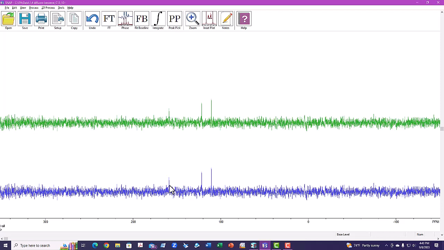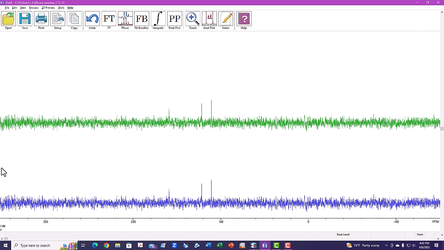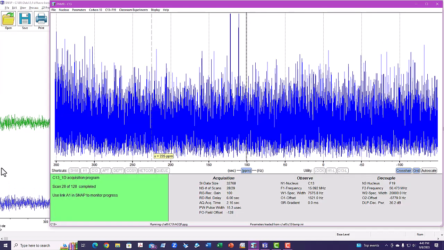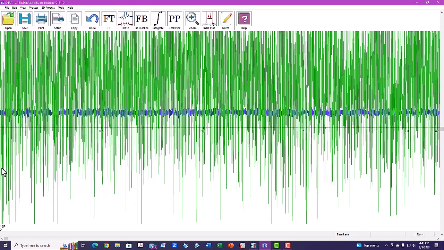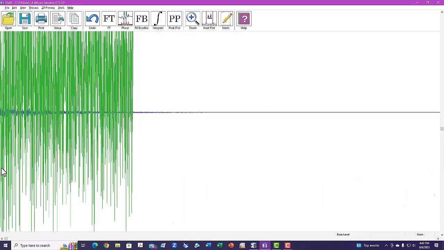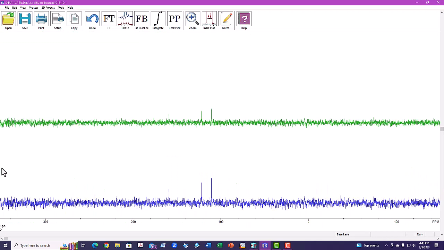Notice that the buffer now is a carbon copy of the lower one. I'm going to bring that back down a little bit. And let's go see how much data is collected. 28 scans. Let's open up the file, and we do BC, EM, FT, phase same. Peaks are getting bigger. So in a very short, oh, by the way, the concentration of this, I put in